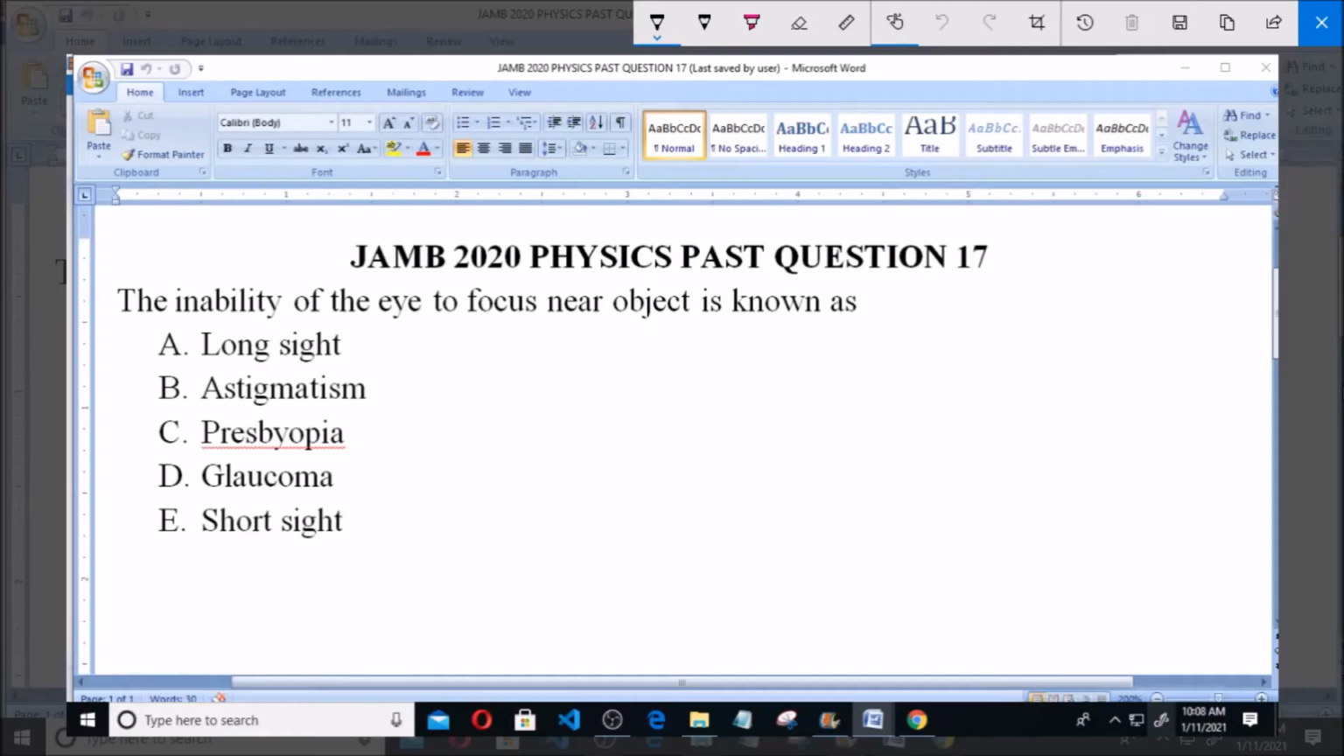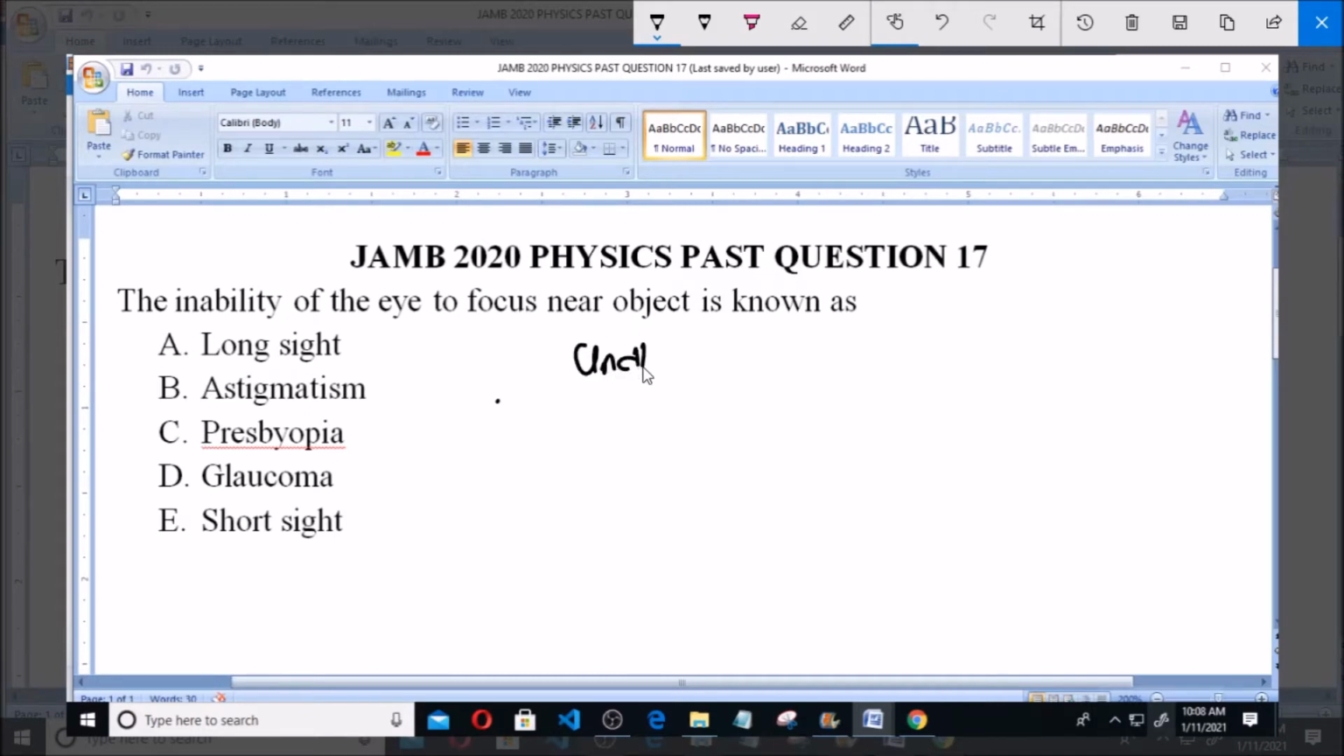Welcome. I'll be answering JAMB 2020 Physics Past Question 17. The inability of the eye to focus near objects is known as: A. Long sight, B. Astigmatism, C. Presbyopia, D. Glaucoma, and E. Short sight. Now, the inability of the eye to focus near objects simply means that the eye is unable to view